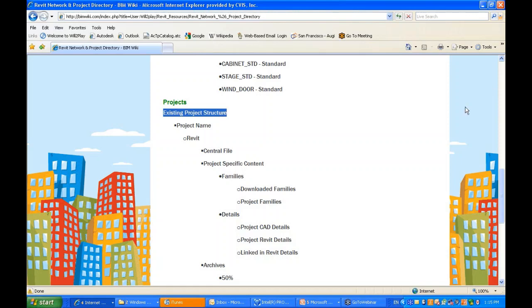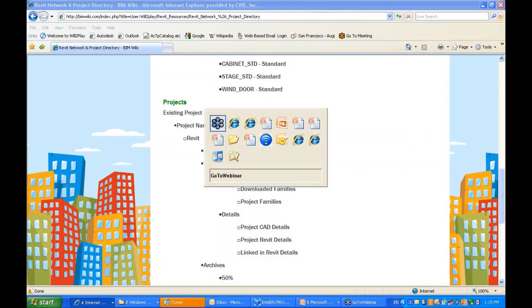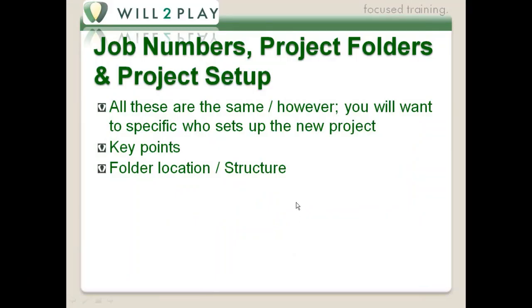We will continue to move forward at this point back into the PowerPoint presentation. Okay. So some of the things that we're going to have to deal with over the course of the next 16 weeks are the key points: where are your standard families, how are your system families saved, what's happening with your project, your live project, your archive project, and the project that